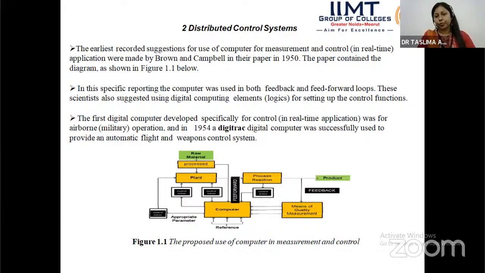The role of the computer, how you can use the computer, was first given by Brown and Campbell in their paper of 1950, and they gave a particular block diagram definition of a particular process. Because when computers were invented, no one knew about the process, how the